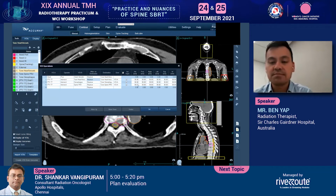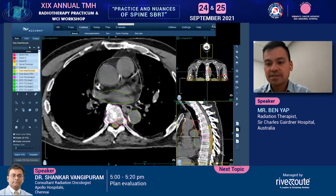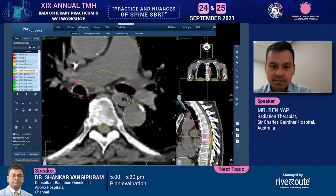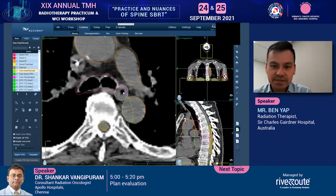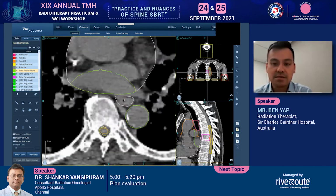You don't have to use 30 mils. You can use 50, you can use 20, you can use 15. Just depends on what you're doing. So let's have a look at what this looks like. Just double checking. Yep, looks good. So do you see what I've done here? You see that structure? That's the heart. See the greater vessels. That's your esophagus, and that's within a 30 millimeter